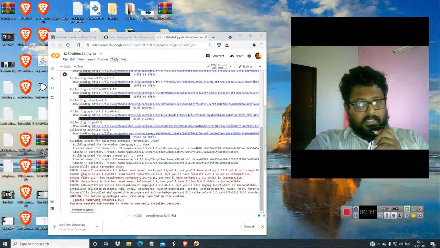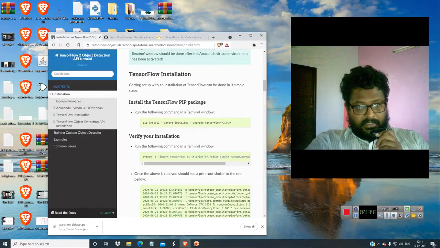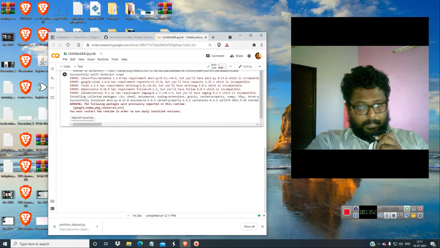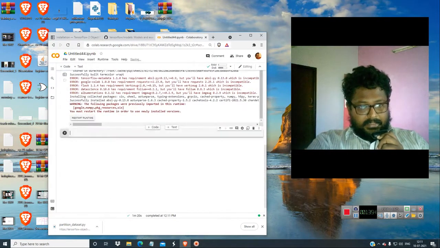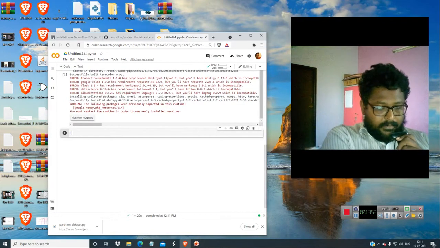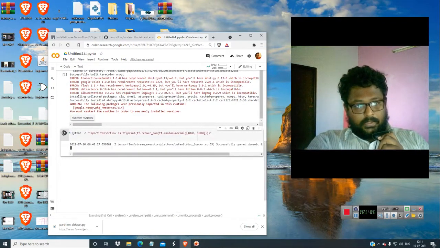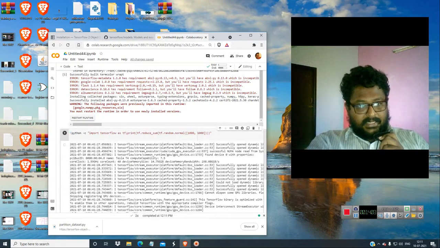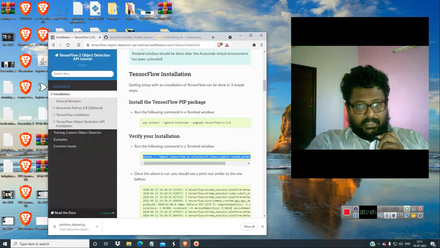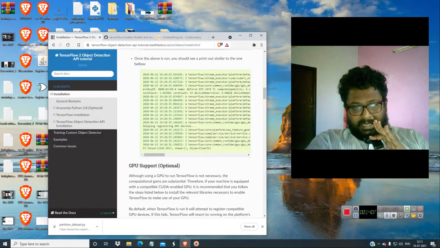After TensorFlow is installed, you have to verify the installation. Just paste this with an exclamation mark. Why I am telling you to check each step is that sometimes random errors could occur.